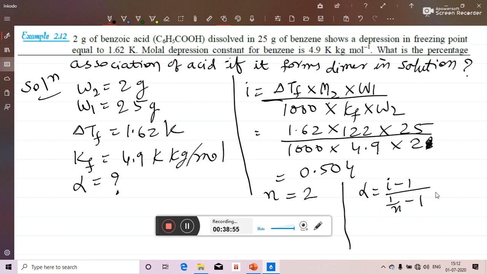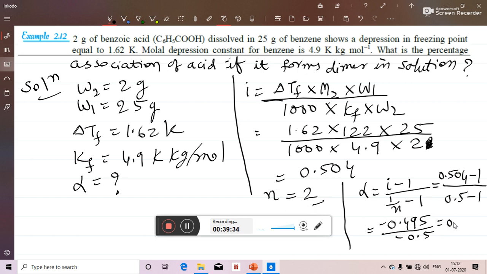Now i is 0.504, minus 1, upon, now n is 2. So 1 upon n is half, and half means 0.5. So 0.5 minus 1. So that is equal to, now here 0.504 minus 1 is minus 0.496, divided by 0.5 minus 1 is minus 0.5. So in numerator and denominator the minus will be cancelled. So alpha will be equal to